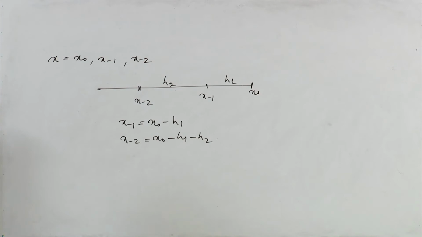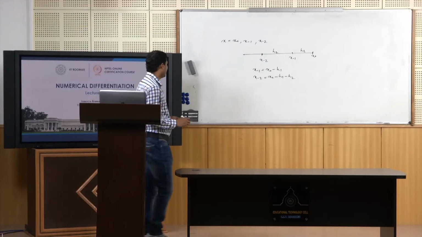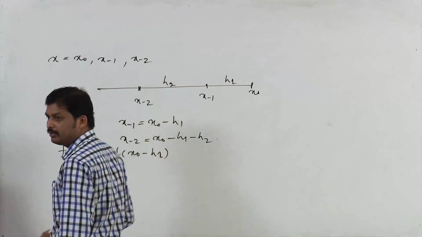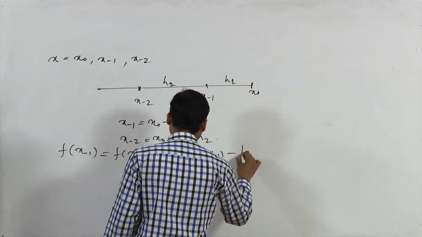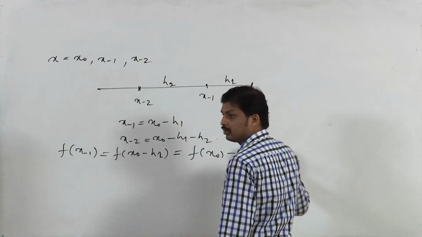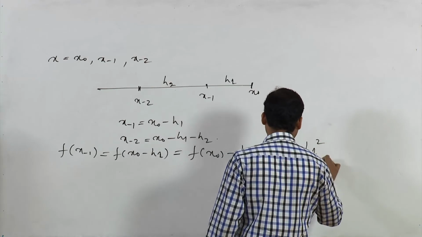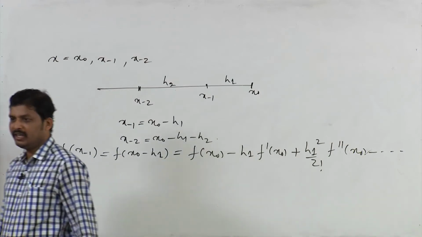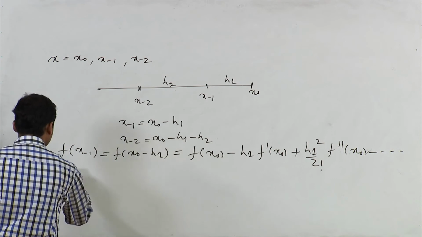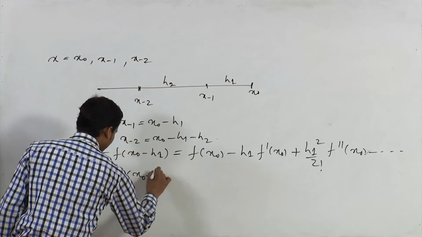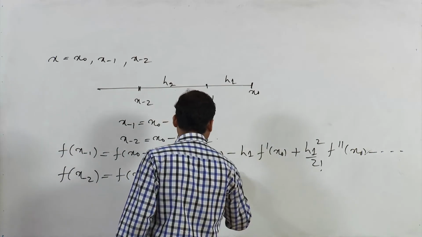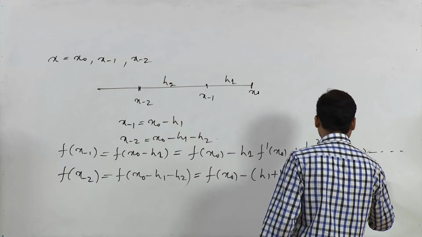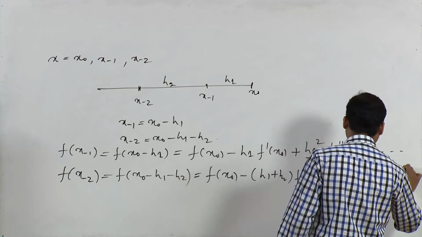Then we can use the Taylor series expansion of f of x of minus 1. We can write f of x of minus 1 as f of x0 minus h1, which in Taylor series expansion is f of x0 minus h1 f dash of x0 plus h1 square by factorial 2 f double dash of x0, and likewise the next term has a minus sign. Similarly, f of x of minus 2, which is f of x0 minus h1 minus h2, can be written as f of x0 minus h1 plus h2 times f dash of x0 plus h1 plus h2 whole square by factorial 2 f double dash of x0